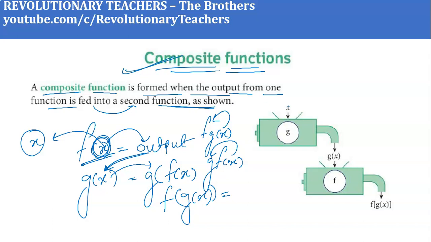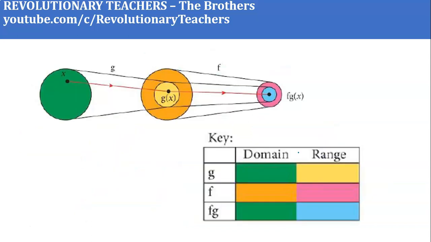See the schematic diagram. I took a value of x, substituted in machine g, that is function g. I got the output g(x) and I substituted that output in machine f, that is function f, and finally I'll be getting f of g(x). Okay children, now I will show you by Venn diagram what is g of f(x) and f of g(x), right?